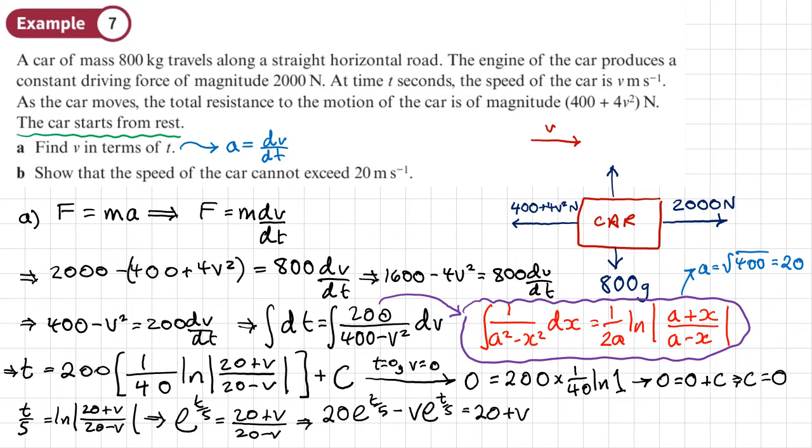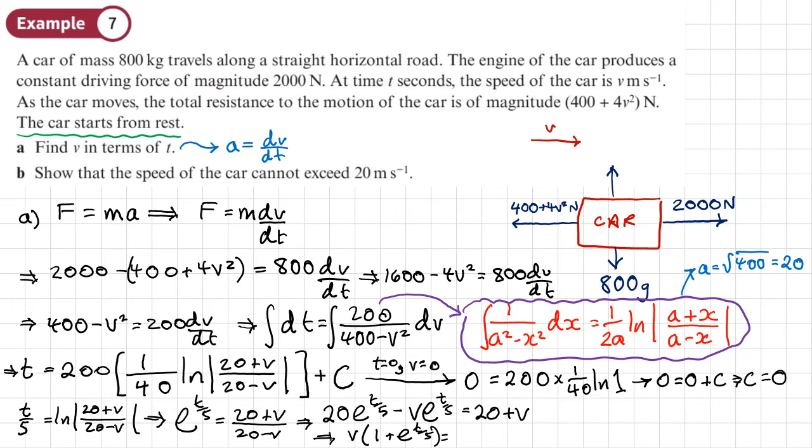What I'll do from here is bring the v terms to the same side and factorise them. So I'll have v, and let's see, I'm going to move this term over to this side, so that will be 1 plus e to the t over 5 is equal to,